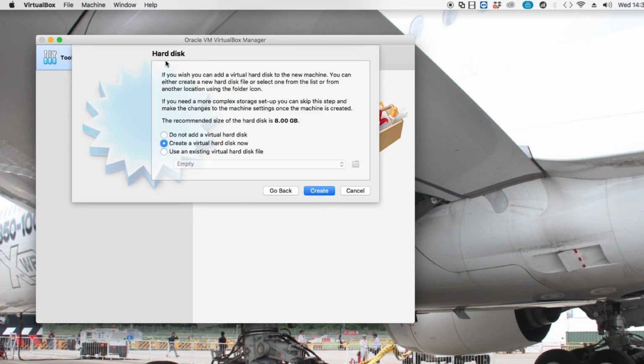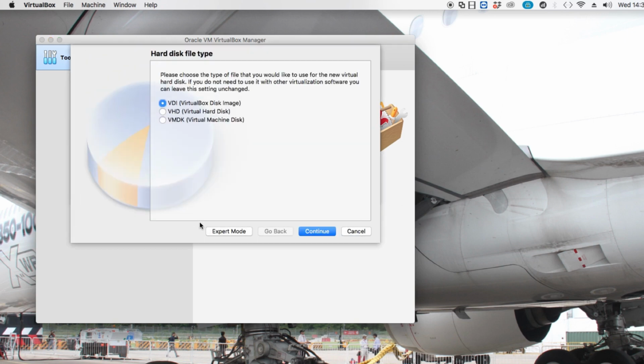Okay, then on the hard disk section, click on the create a new virtual hard disk now option, then click on create. And then the next thing is to select the file type for the virtual hard disk. So if you intend to use this VM only in VirtualBox, just leave the default VDI option. But if you're thinking of later exporting this Red Hat virtual machine to other platforms, you can choose either VHD or VMDK. In this case, I'm just going to leave it on the default VDI option and then